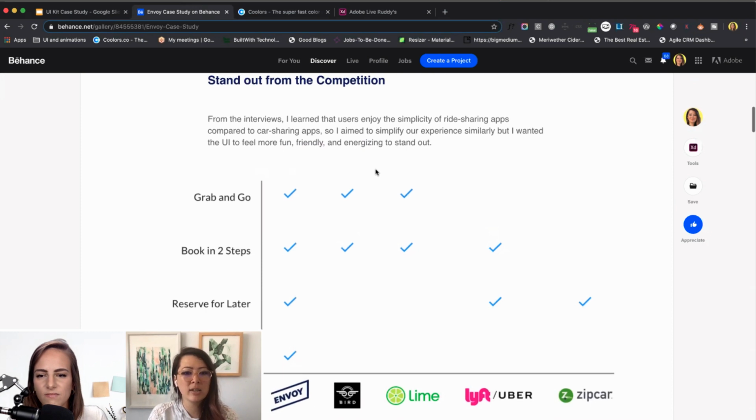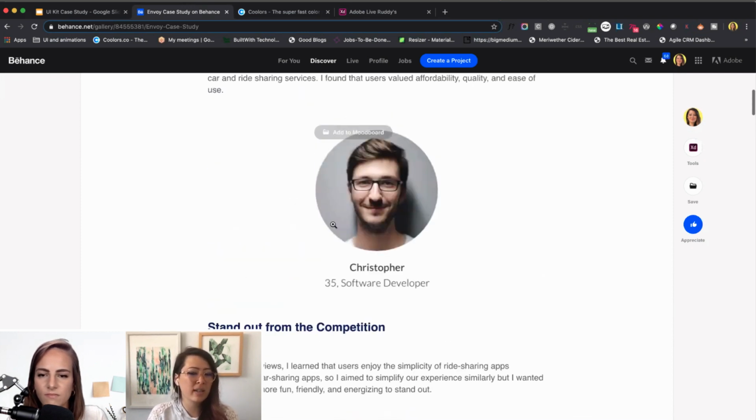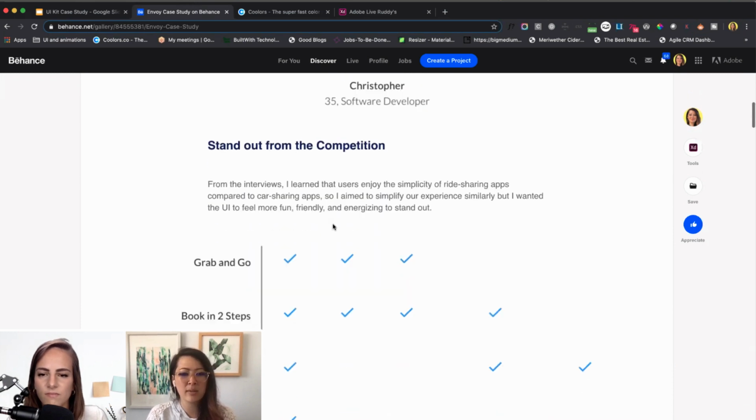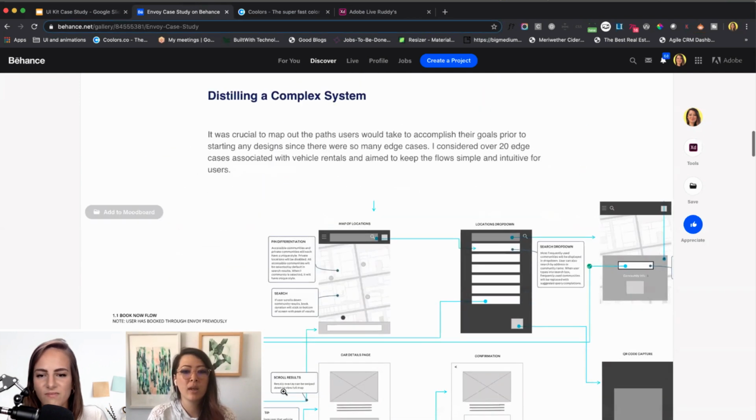Now, this is okay. I talk about how we're standing out from the competition a bit, like how our app is going to compare to these other services, and the fact that we have all these new features, booking in 2 steps, which makes this guy feel like it's his own. It's so easy for him to grab it. It's like right in his parking lot. At the time, actually, this was a few years back, there were no scooters for Uber and Lyft and so forth. So this is before then. So we're like, oh wow, you have all the things. You can rent an electric bike, car, etc.